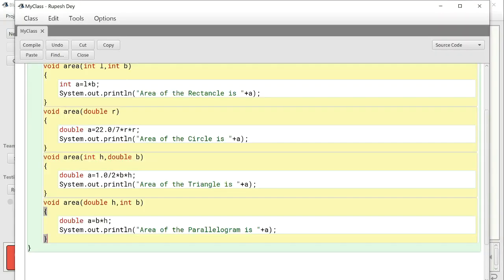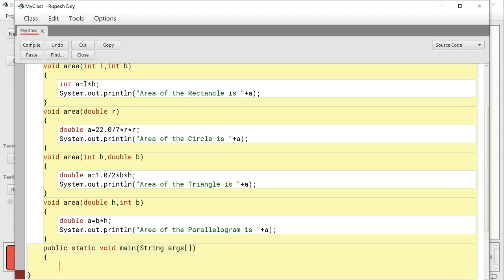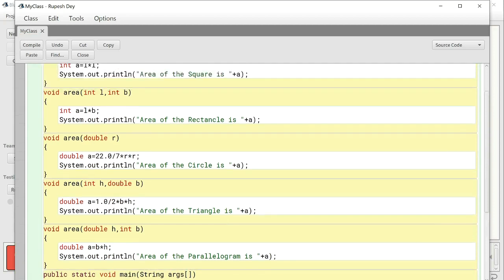Now let me include a main function here. This is my main function. Now in this main function I will create one object of my class.